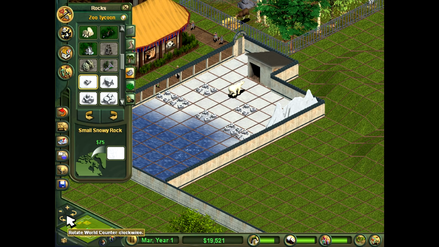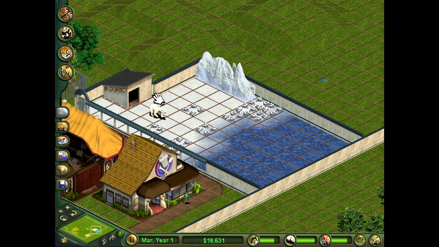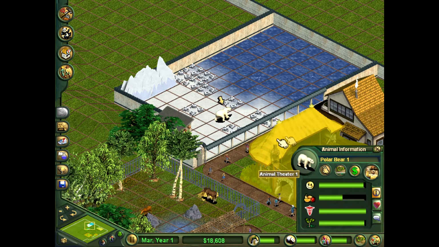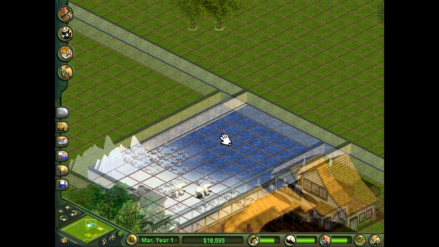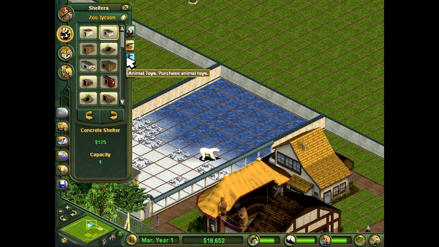The problem is polar bears like a lot of rocks. It's a bit ridiculous. Okay, that's it for that. So we had, what, 84 before? 97! So a lot better. So, again, quarter tile strat, I swear, it looks stupid, but it works so well. And we can probably bump up that suitability a little more if we can...